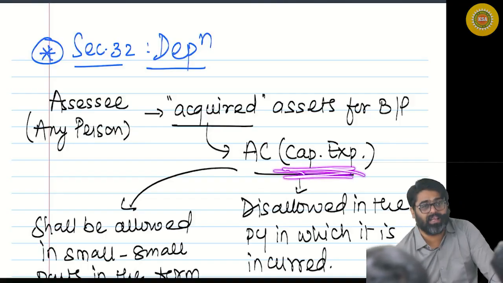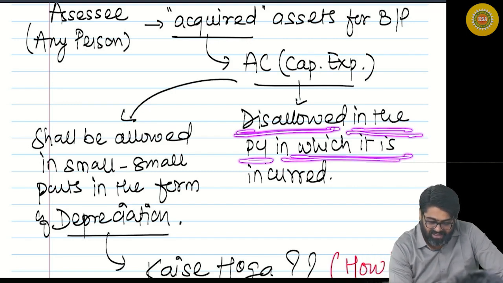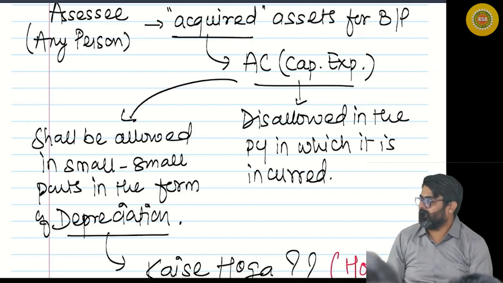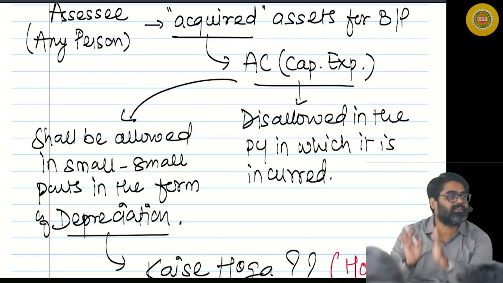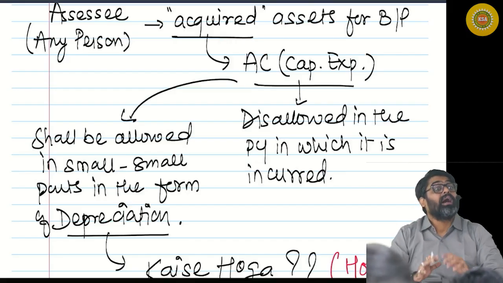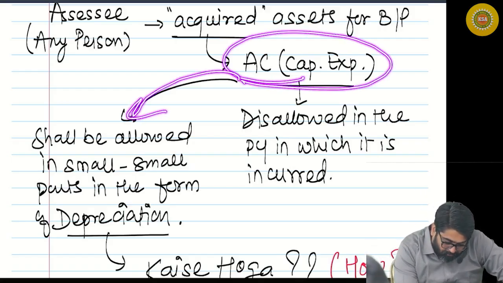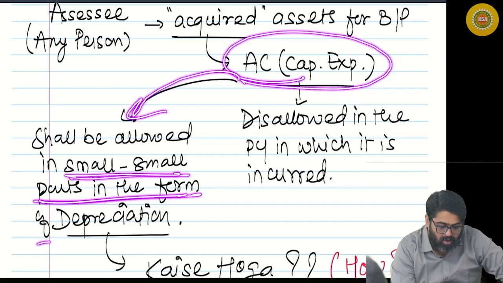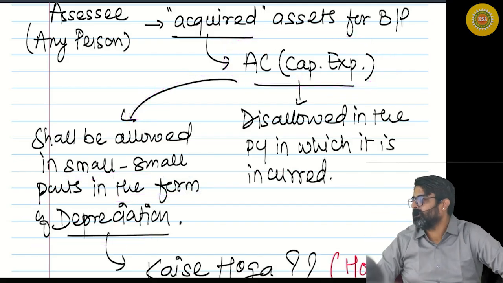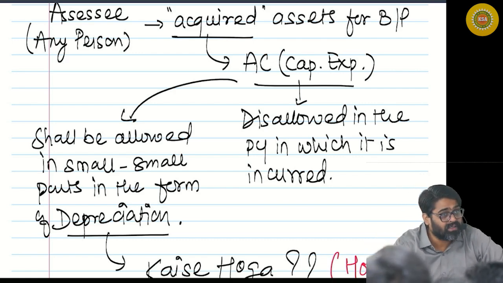This capital expenditure is disallowed in the year in which it is incurred; it is not allowed as a one-time expense. Yes or no? Claim this entire amount in small parts under the PGBP head. Depreciation means the cost of the asset, a capital expenditure, which is allowed